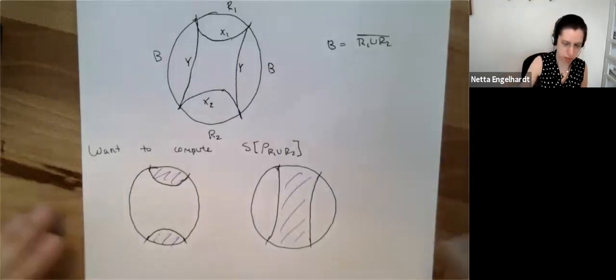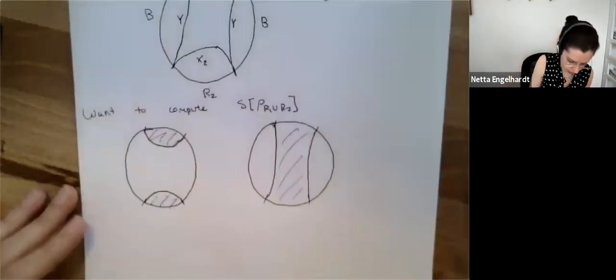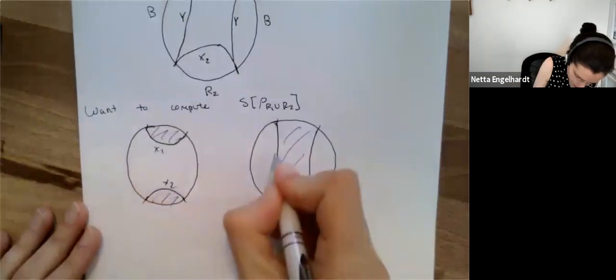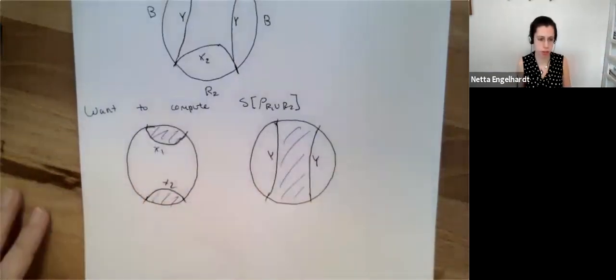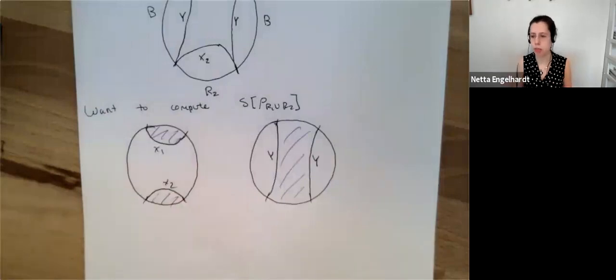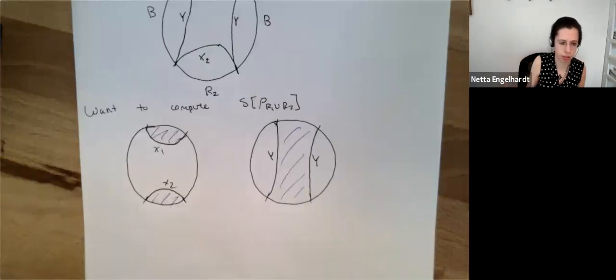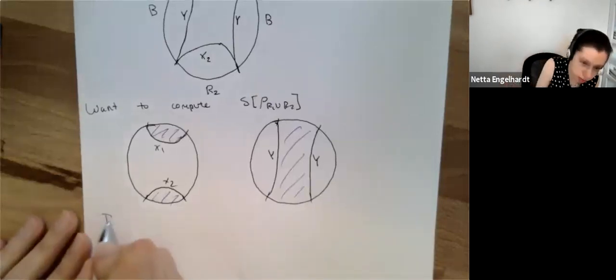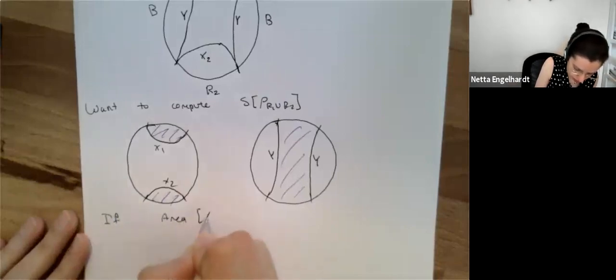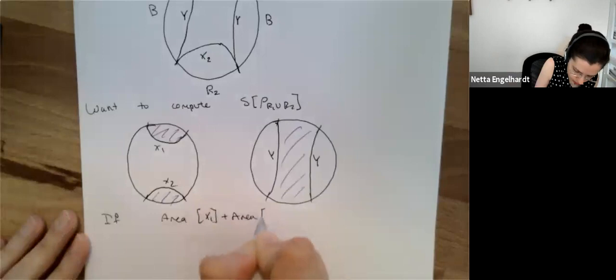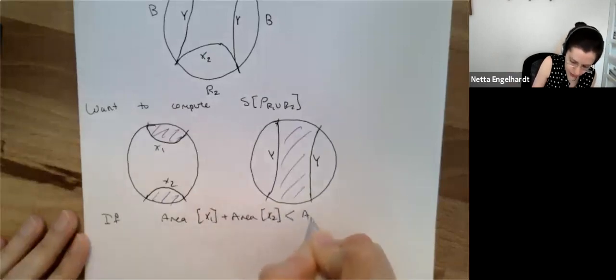Now, if it happens to be the case, so again, this is x1, x2, and y refers to both of these. Now, the point is that both of them are local minima of the area. If you slightly perturb either one of them, the change is 0 to leading order, and then you keep on changing, you find that it's a local minimum. But only one of these is going to be a global minimum, most likely, unless you're at a very specific point. So if the area of x1 plus the area of x2 is less than the area of y,